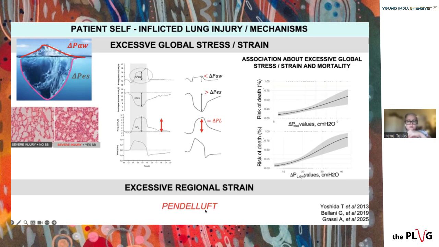In addition to this, when you have heterogeneous lung injury, there is distribution of air from the well-aerated areas to the less well-aerated areas. And this is what we call Pendeluft, okay? So on top of the air that you're receiving from the ventilator, you also get redistribution of air from these very well-aerated to less well-aerated areas, and that can increase the regional deformation of the lung,